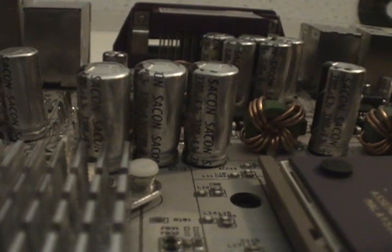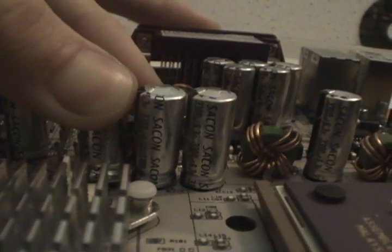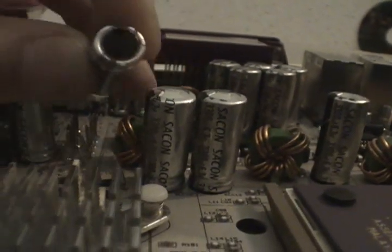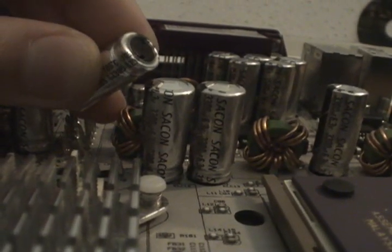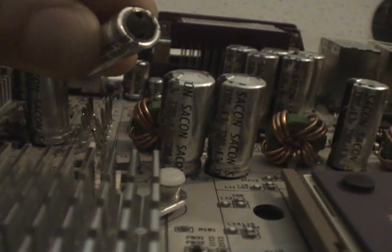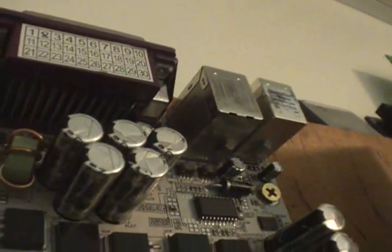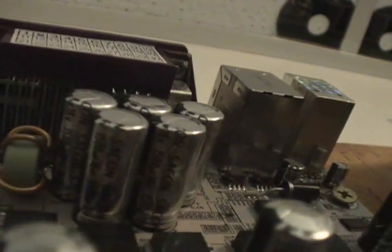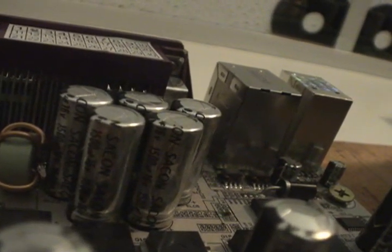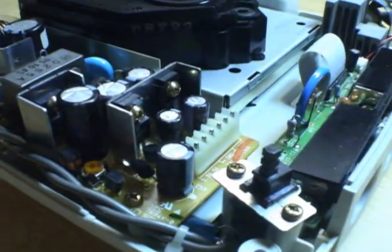And if I could pull one of these off, actually I'll try that right now. You can see that the little rubber plug on the bottom is blowing out a little bit too. That's a safety mechanism. That's so that when the electrolyte in these things boils, it doesn't explode. Well, up here, we've got some identical caps, but these ones are still good. You can see the tops are still nice and flat, and they're not puffed up. So if we had to replace a capacitor, we could take one of these and it would probably still be good. So here we are back at our Dreamcast board,